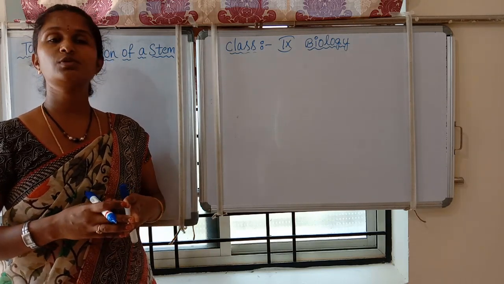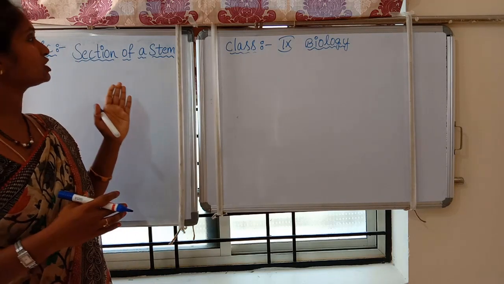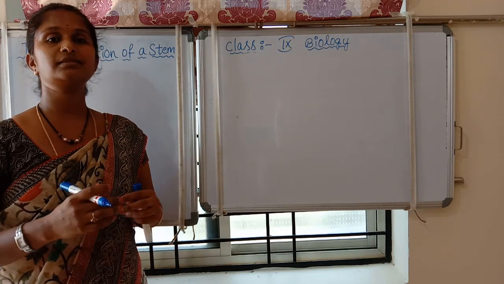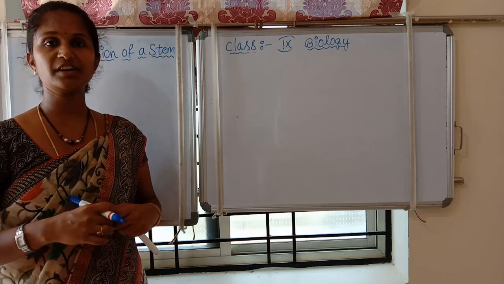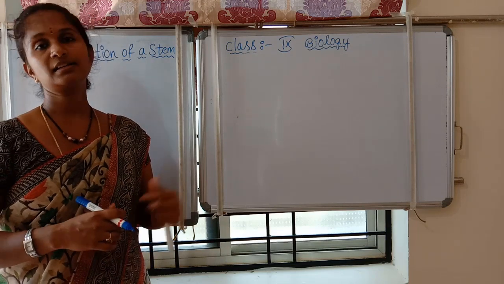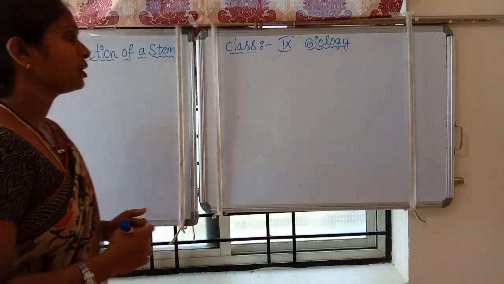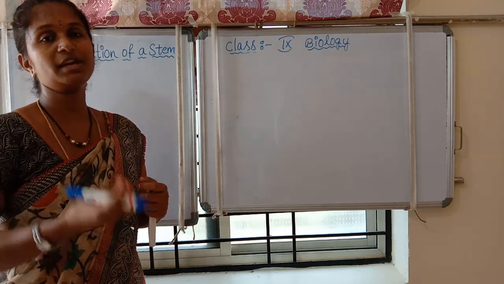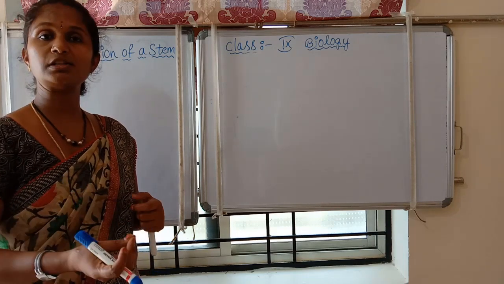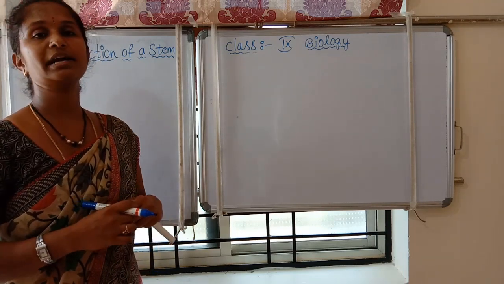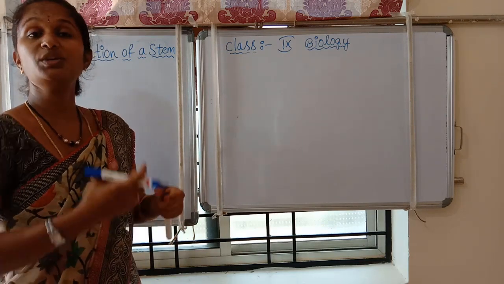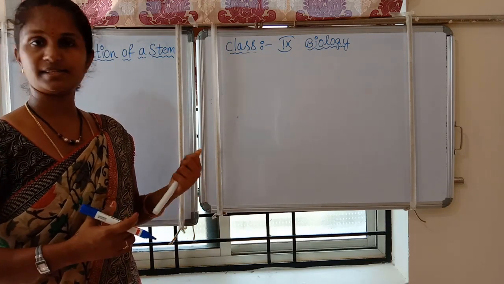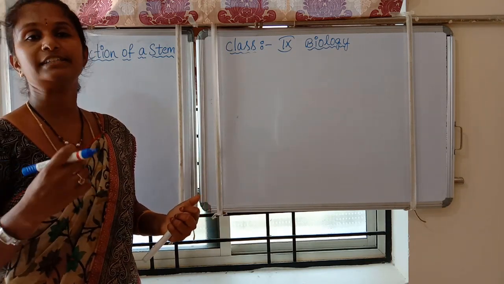And in this class, we are going to draw the sections of a stem in cross section and transverse section, and what the parts are, and let's discuss a brief explanation of those parts, and let's enter into our topic. Yes, when we observed under the microscope after that activity, in school we will also observe, and you people will also observe by seeing the slide. Now I am going to draw on the board what I observed and which structure I observed under the microscope. Just see carefully and try to learn drawing the diagrams also.